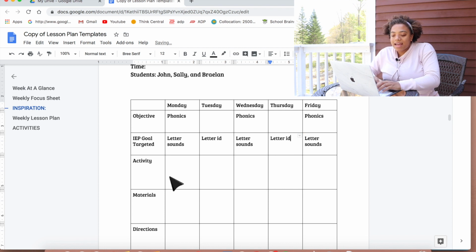And I really like that. And then you can lay out what activity it is. And you could give as much detail as you want or as little detail as you want. And I think what's really cool about this is when it's on Google Drive, you can type in,